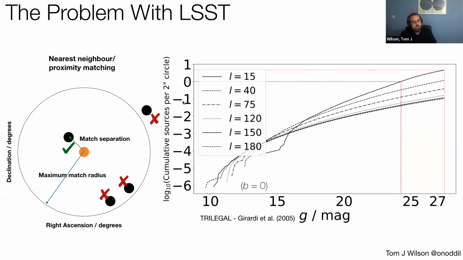And that was fine for most of the history of photometric catalogs. Nearest neighbor matching, or sometimes taking the brightest object within some critical cutoff radius, was pretty good, worked fine, until the Vera C. Rubin Observatory's legacy survey of space and time basically just has hit the wall of this no longer working, where inside our critical cutoff radius, perhaps 2 arc seconds is a typical radius that people use for nearest neighbor matching. In LSST, there will be at least one randomly placed object in addition to the true source in every single 2 arc second circle you put down anywhere in the galactic plane in single visit images, and